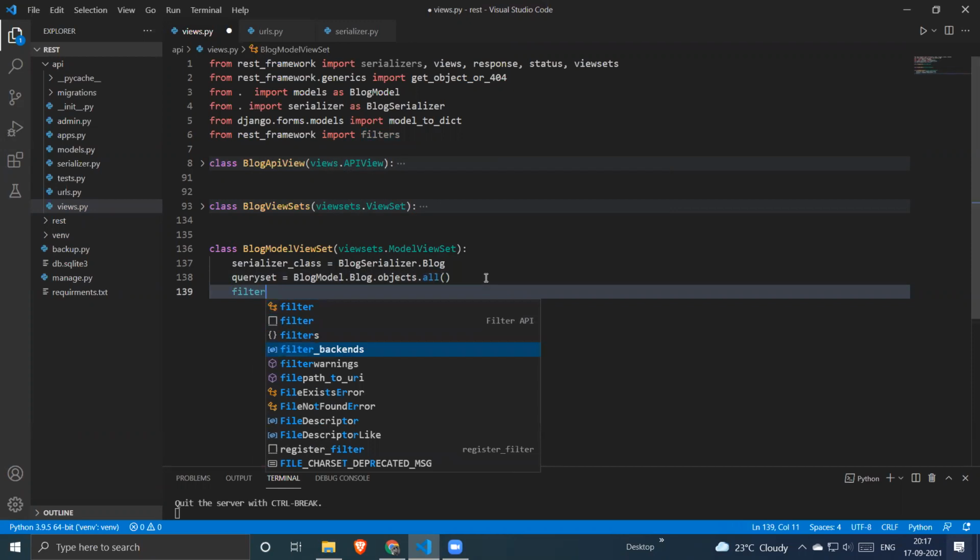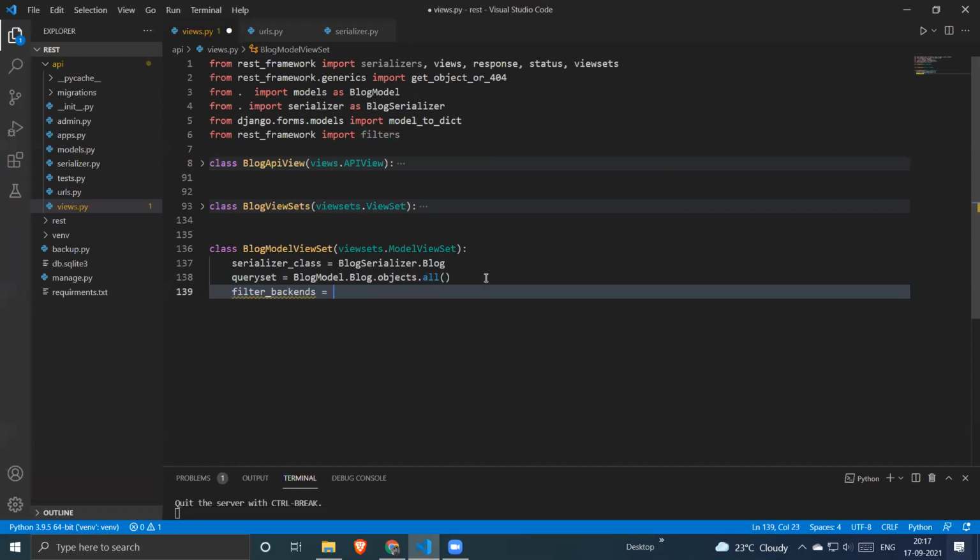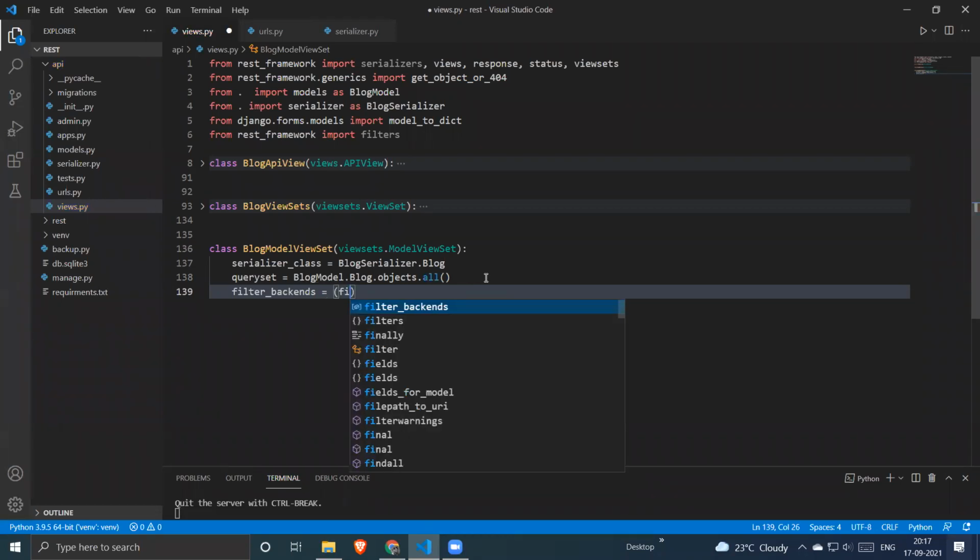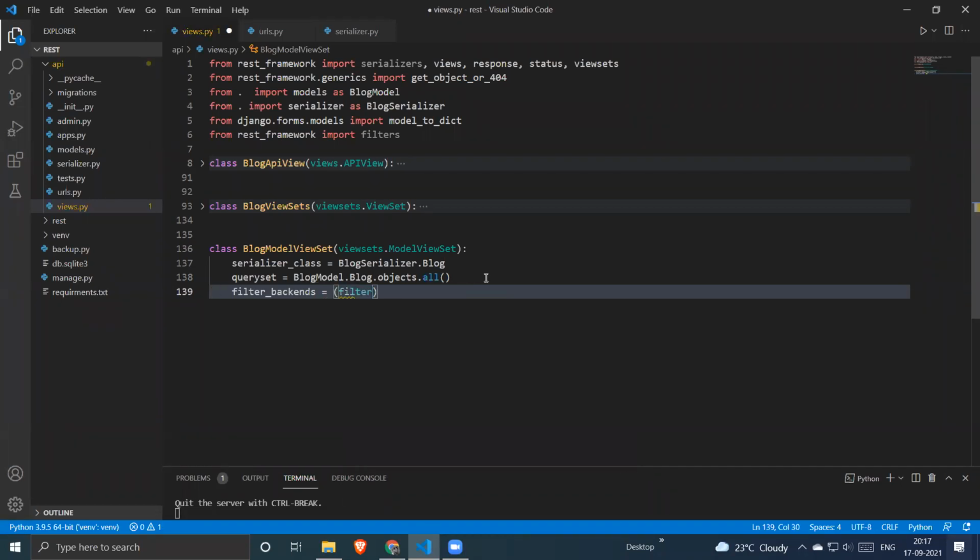filter_backend. So we have to define a filter, which is filters dot. What filters are we going to use? We are going to use the search filter. So we have to define a search filter and make it a tuple instead of a list, because we don't want additional code to make changes in the filter backend.